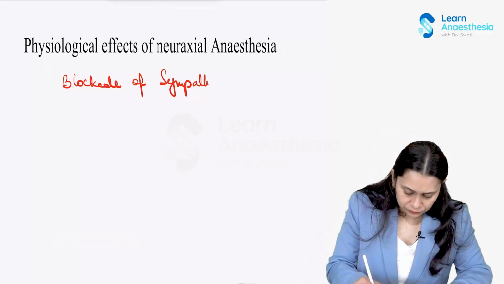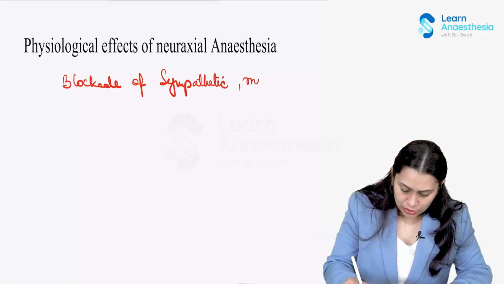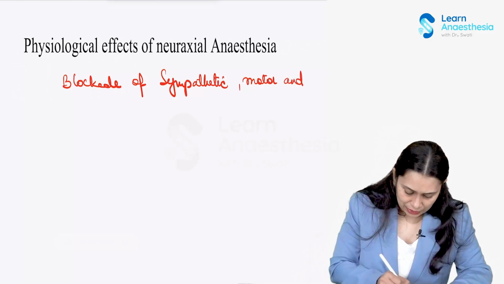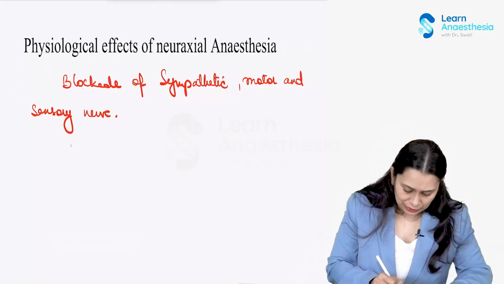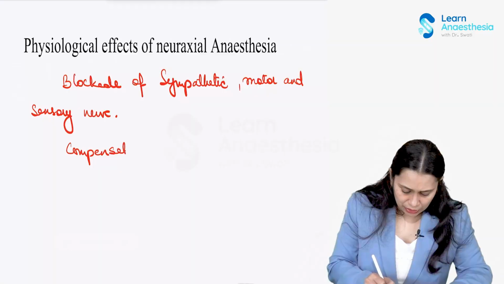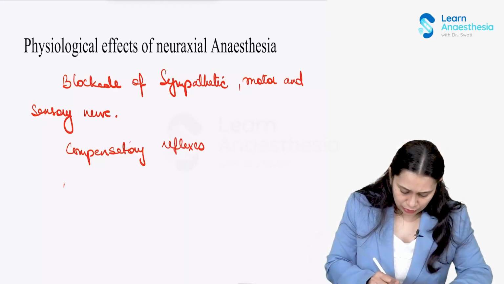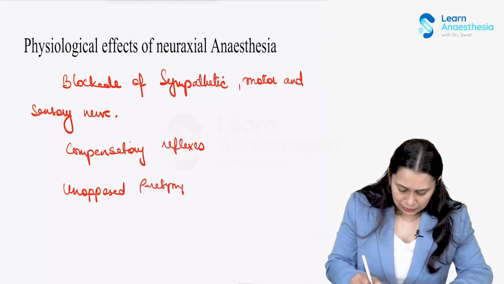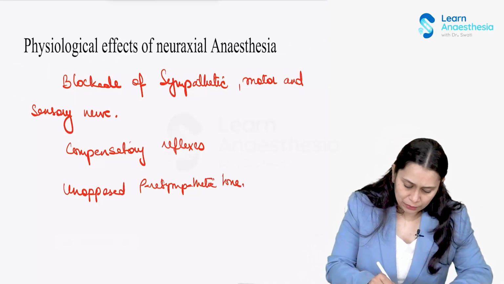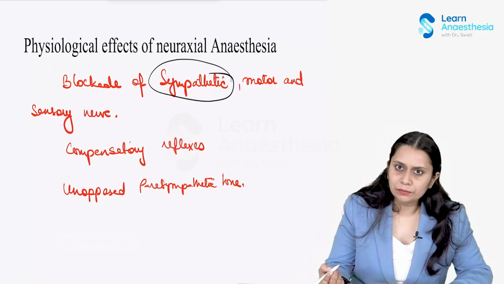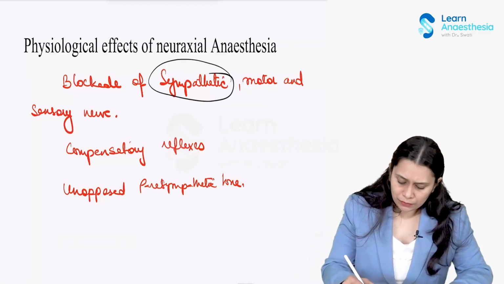So these physiological responses are because of blockade of sympathetic, motor and sensory nerves. Then because of the compensatory reflexes, and because of unopposed parasympathetic tone, right? See, the sympathetic fibers of the autonomic nervous system, the preganglionic sympathetic fibers, they originate from the intermediolateral nucleus